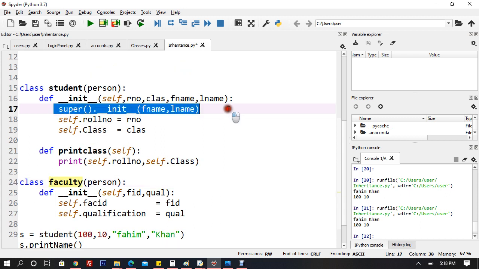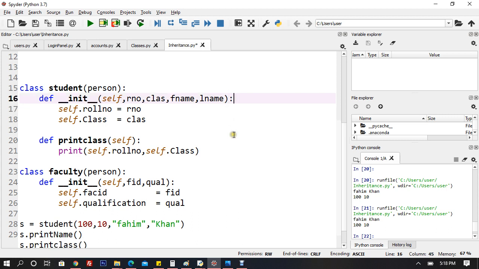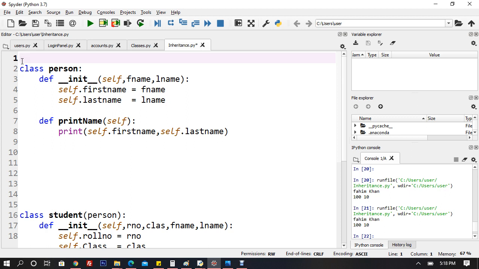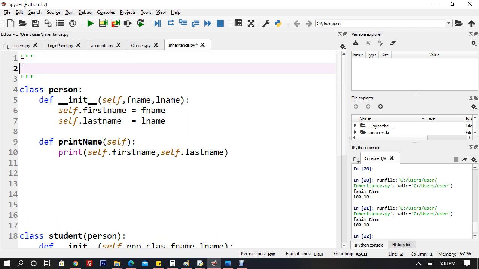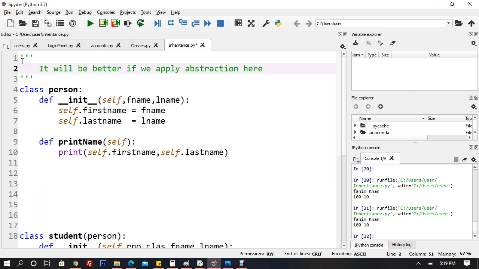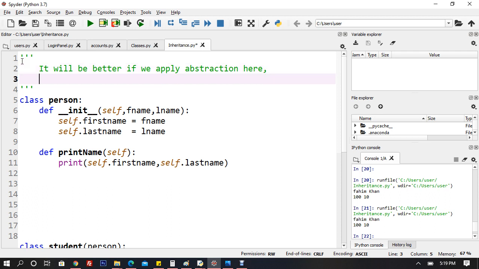All right, so let's forget this super. We don't intend calling this super anymore. What I want now is, I do not want this class. Let me just give you the perspective. It will be better if we apply abstraction here. Now what is abstraction? Let me write the full definition. It will be better if we apply abstraction here, because we do not want the person